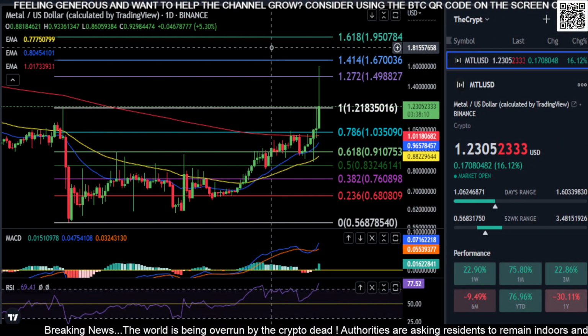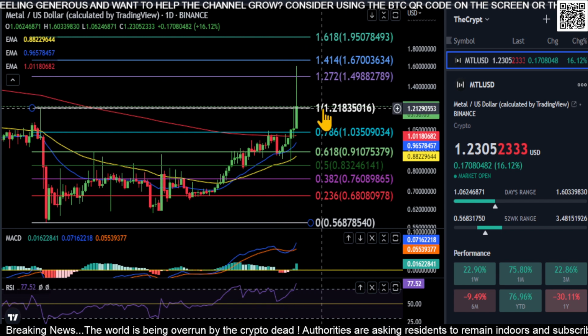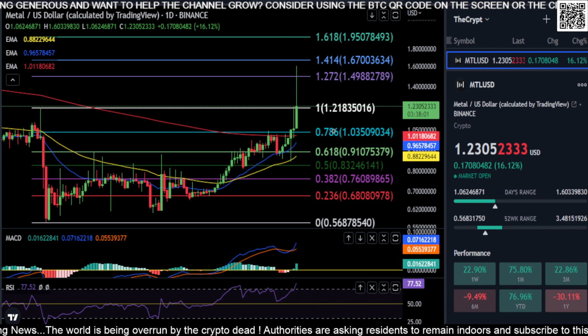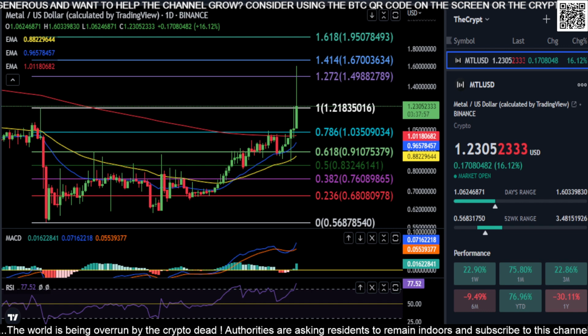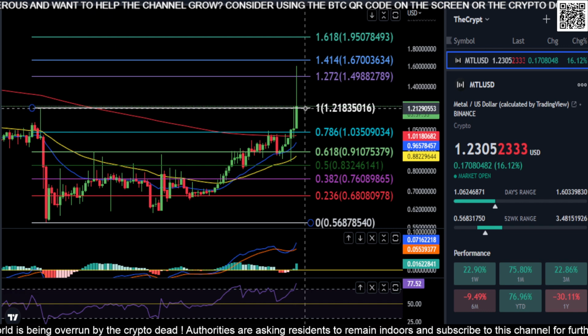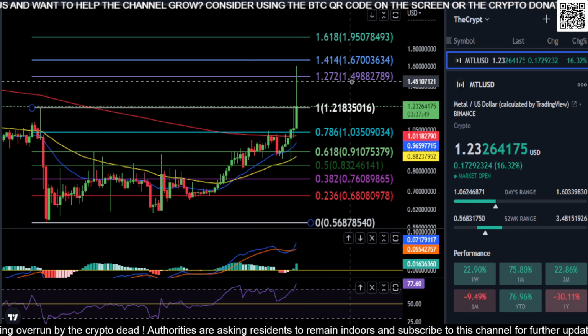Looking at metal really quick here. So metal is currently trying to get over this 120 level here at the top. So you are at 123, and there's over 3 hours left on this candle here. So what you want to watch for is a break over this 120, 121 level. You want to hold this as support, and then we'll have a shot at these higher prices here at 149